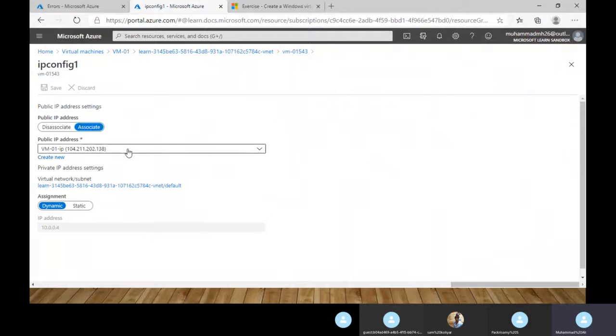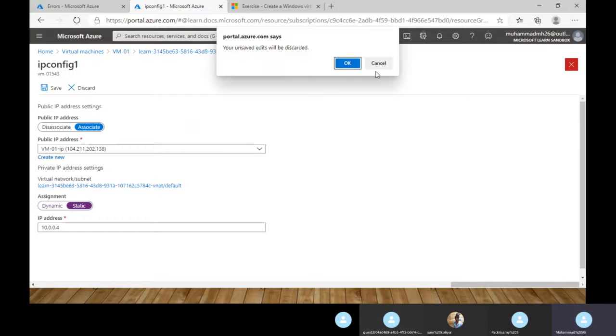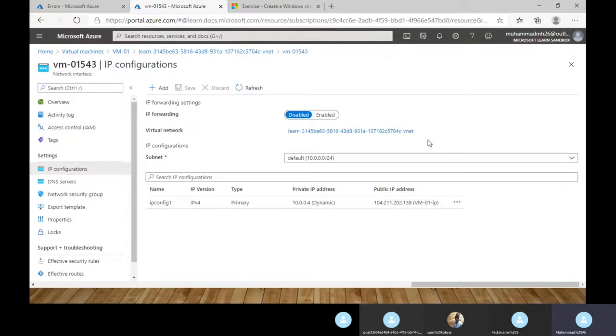As of now this VM IP is dynamic, because Microsoft always keeps it as dynamic. You have to change it to static. Otherwise, due to the lease period expiring, this IP will be lost and you will have another IP.